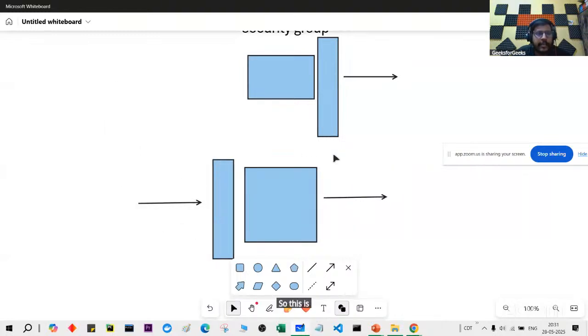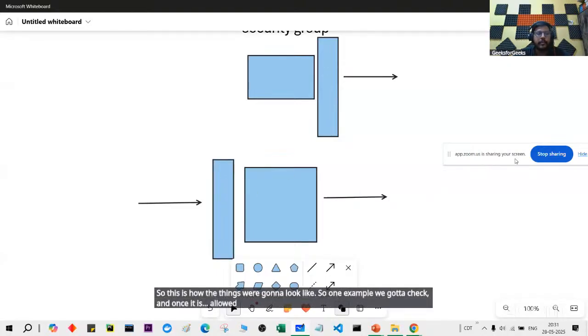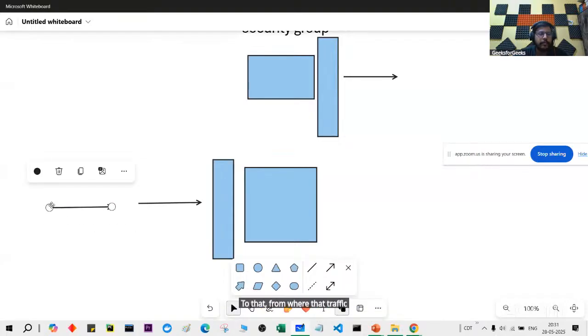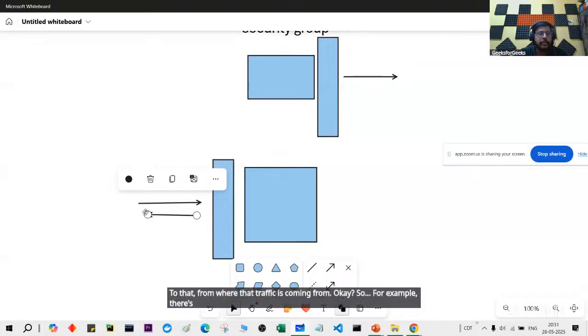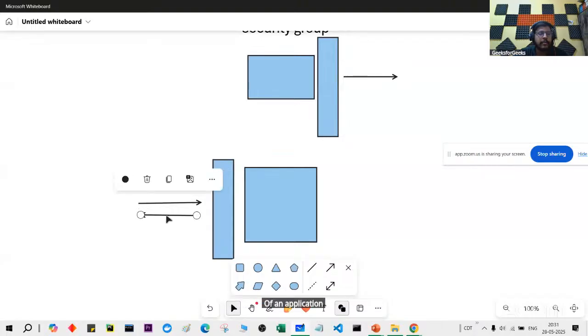So this is how things will look. One time we check, and once it is allowed, then it can go back to where that traffic is coming from. For example, there's one user or one application or any other service who